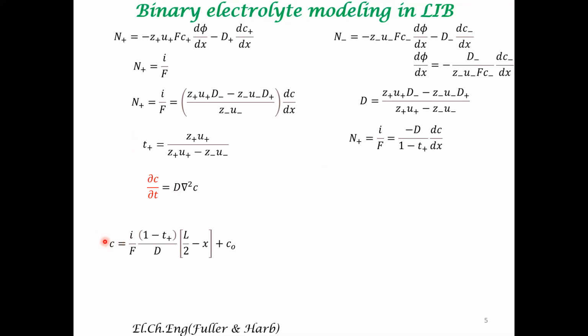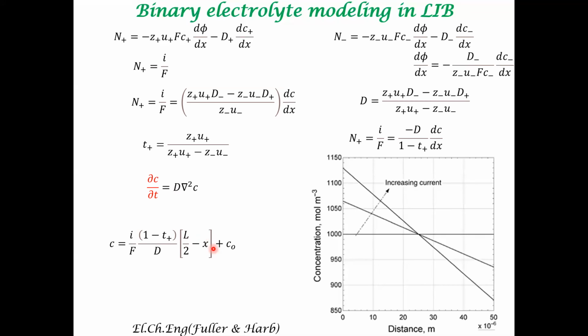The concentration expression can be written in the following manner. This is a simple thing. You can derive it trivially. I leave it to you to derive it. And what do you get? Okay, so what you get is the following expression. For different current densities, for increasing current densities, because I is present here, that is connected to concentration.